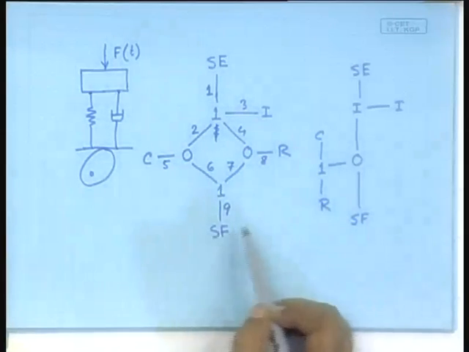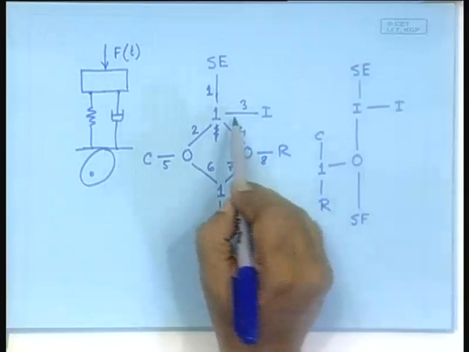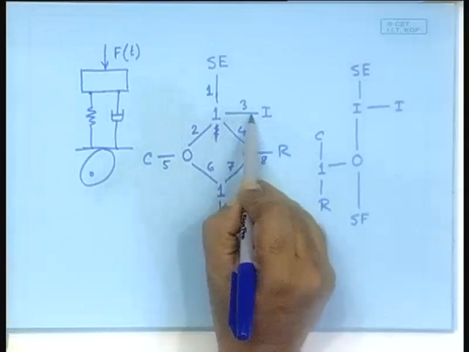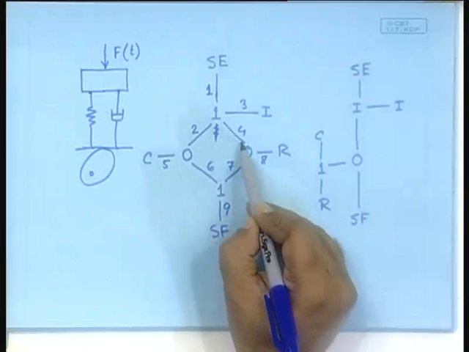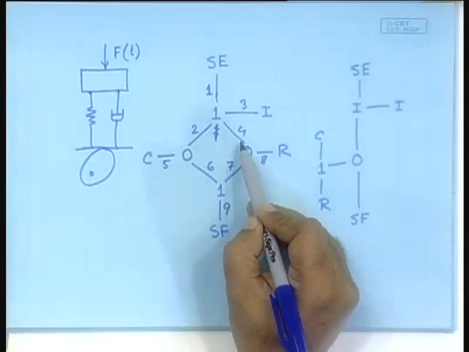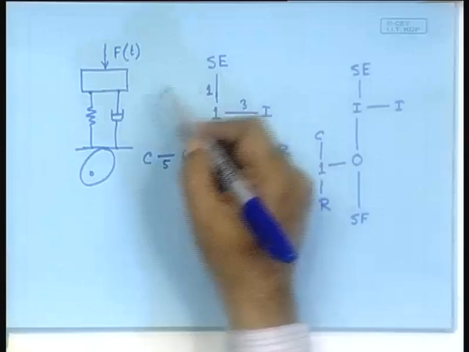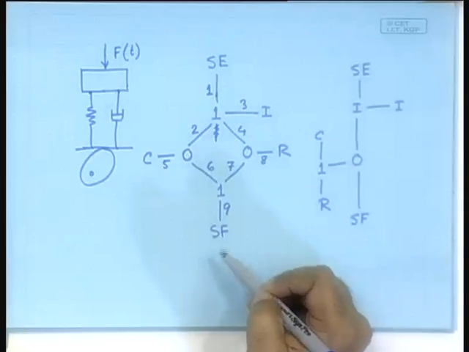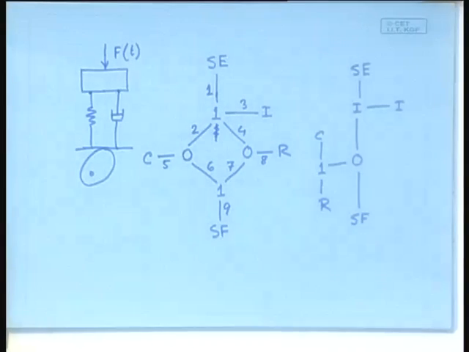So, we number the bonds. The moment we number, we can say the effort in this bond will be E3, and the flow through this bond will be F4. So, that was necessary in order to specify things. We give specific numbers to the bonds. Okay, then the next stage is